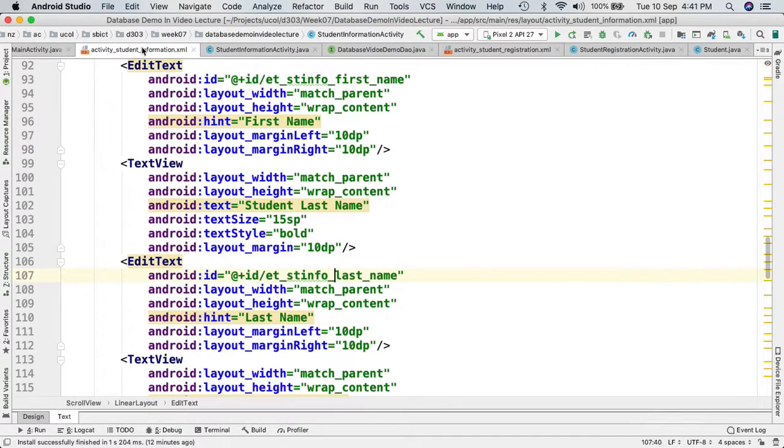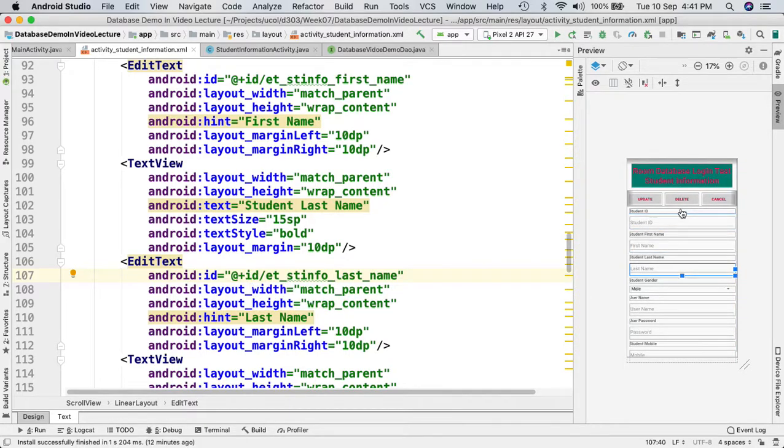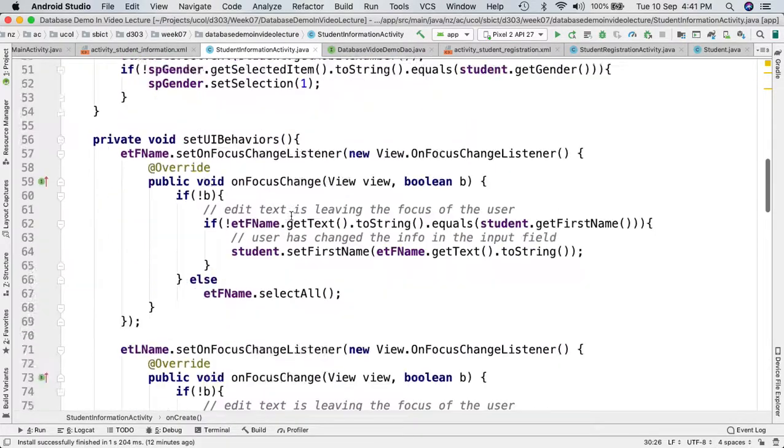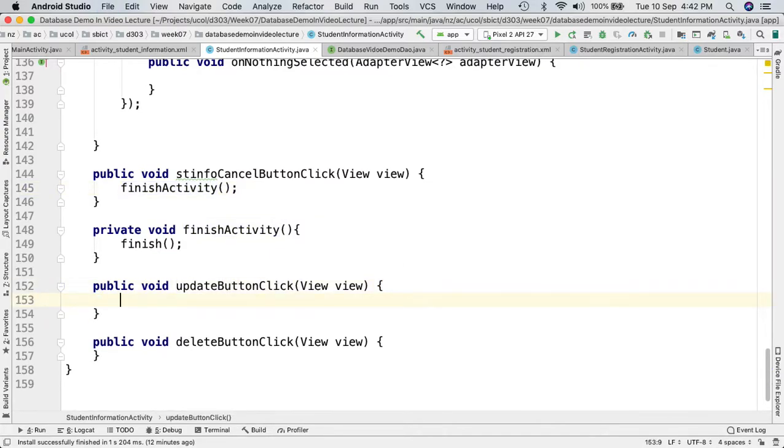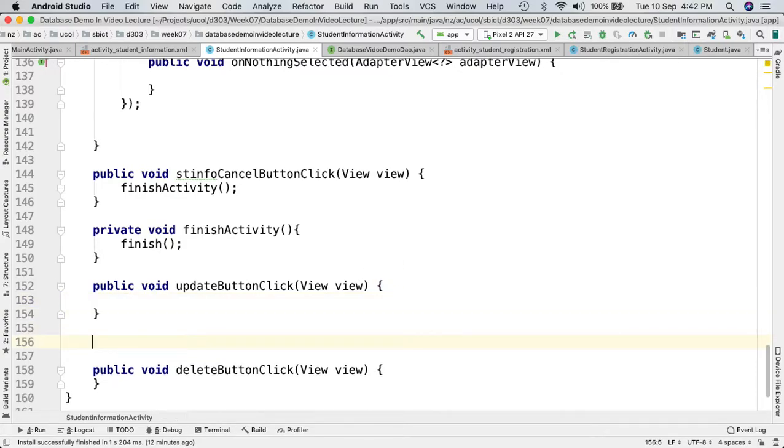So that's what we have set for all of the things. Now if we look at that, we have implemented only our cancel button. Now we need to implement our update button. So if we go into our update, we have implemented the cancel button. Now we need to implement the update, and you know that we cannot perform that database operation inside our activities. We need to create a separate, a private